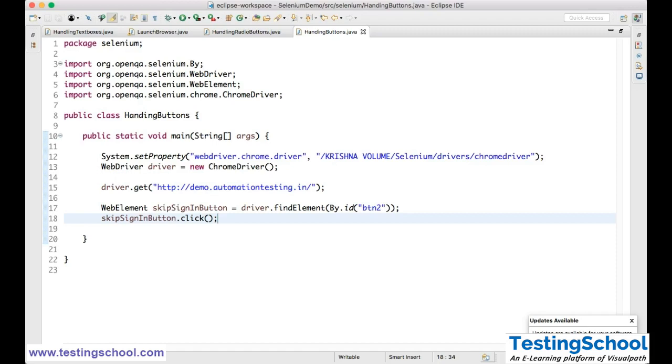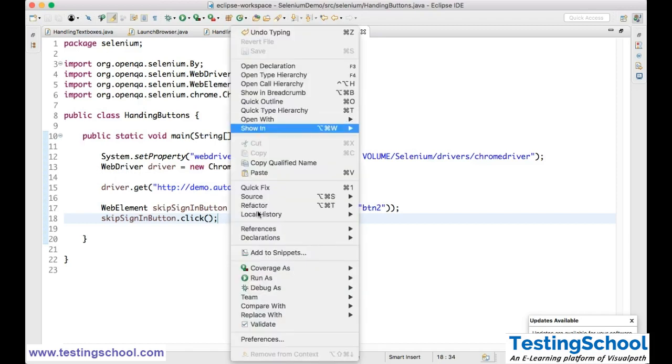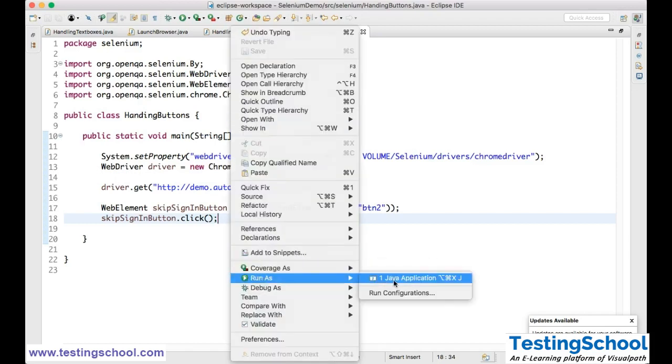But in the radio button, if you click on that, it will just select. But in the button, you might have different types of actions. It may navigate to another page, it may save something. It depends upon the logic you have written behind that button. Okay, so that is the only difference. I'll give it a try. Run as